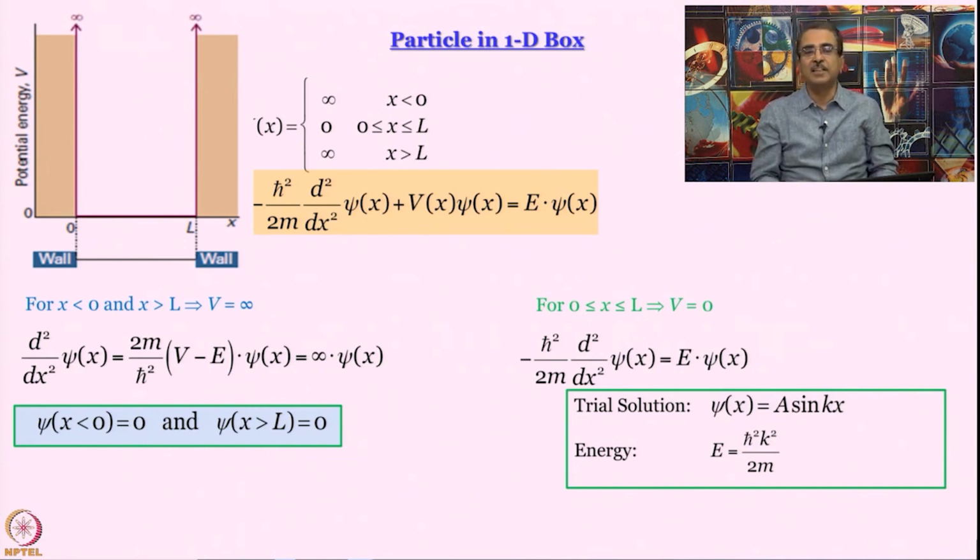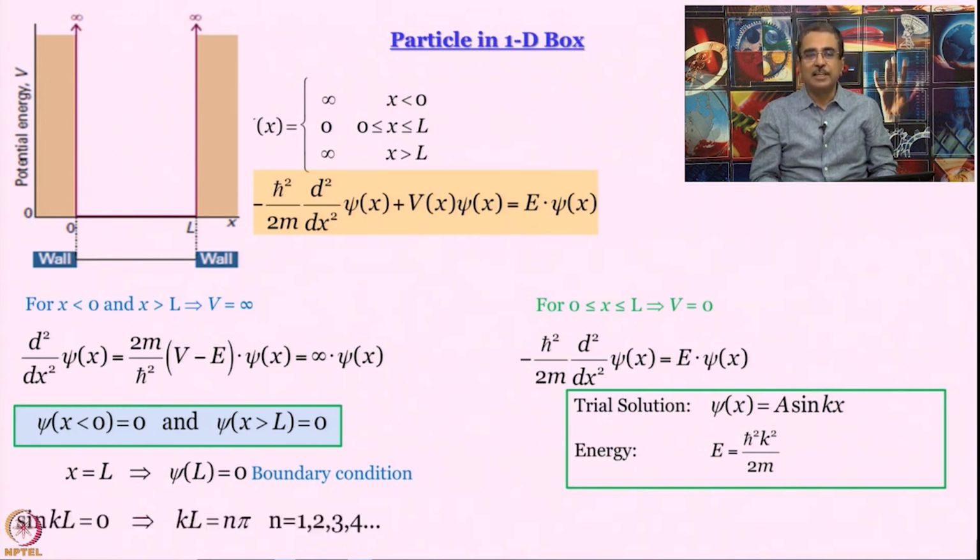Now let us look at the other side of the boundary, the other boundary. Remember that even for x equal to L, psi must be equal to 0, because wave function has to be continuous, boundary condition. So, when we apply that, we get that sin kL must be equal to 0. When will sin kL be equal to 0? When kL is equal to n pi, where n can be 1, 2, 3, 4, so on and so forth,